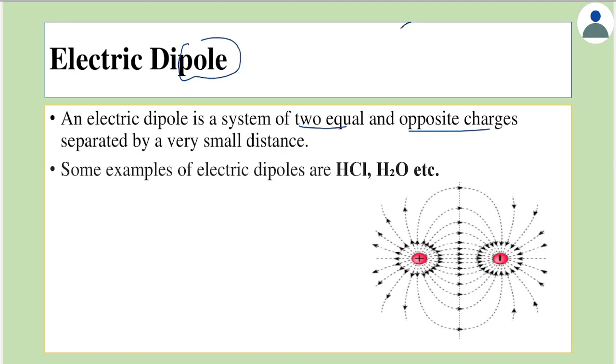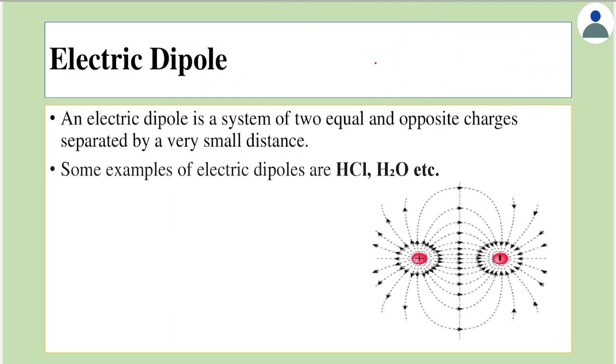If we look at the Earth's surface also, there are two poles called the North Pole and the South Pole. Similarly, if we look at a bar magnet, even that has two poles called north and south. So the idea of pole is not restricted only to charges, it's a common term. In terms of electrostatics, it is a system of two equal and opposite charges having a small separation, which means